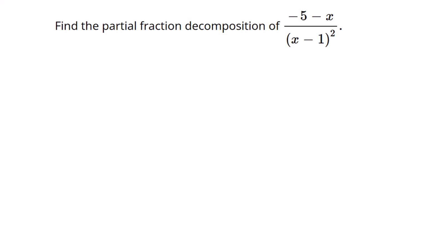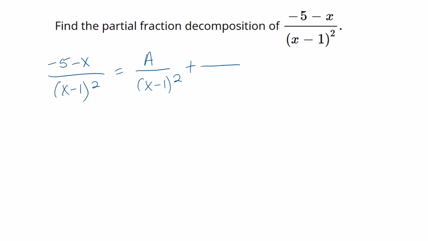We want to find the partial fraction decomposition of this rational expression, and we see it's a linear factor in the denominator but repeated. So when we set this up, we have negative 5 minus x over x minus 1 squared equals, and first we would have a fraction with this x minus 1 squared,